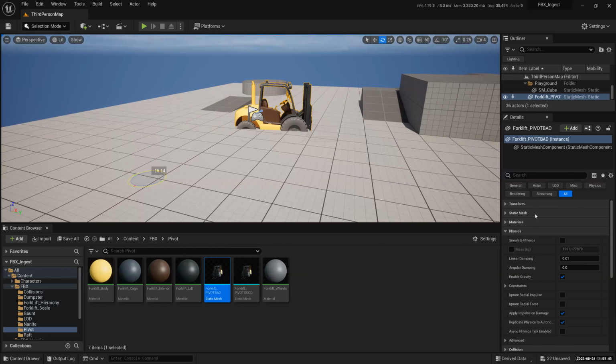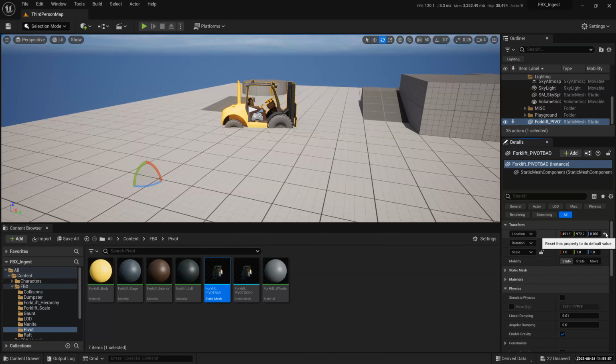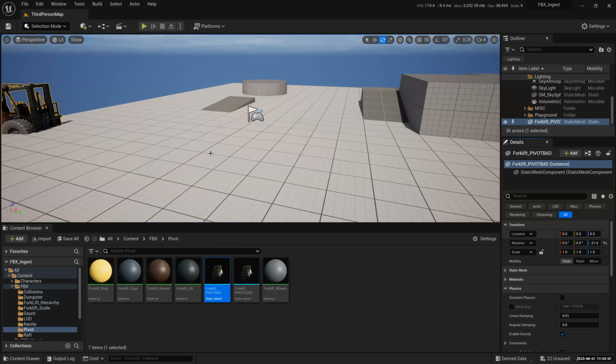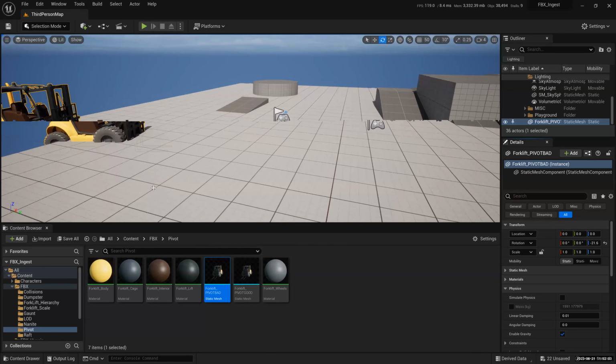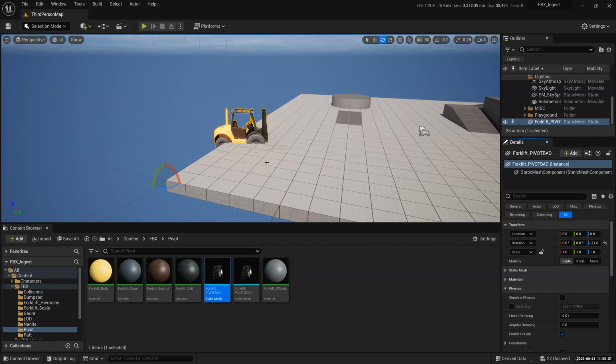If I were to zero this out now, if I select that forklift in my outliner, and go up to the transform and zero it by clicking this little reversed arrow, it's going to take me to 0, 0, 0. It's there, but it's actually a wrong position. The pivot point is here. The forklift is there. It's not correct. Okay. Leave this guy here. I'm going to show you how you can remedy that in Unreal Engine, but this is a good pivot point.